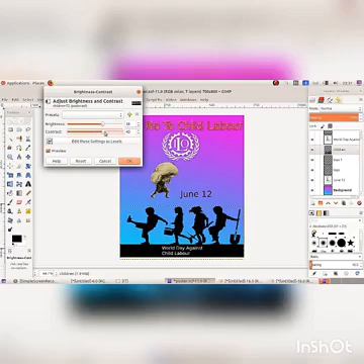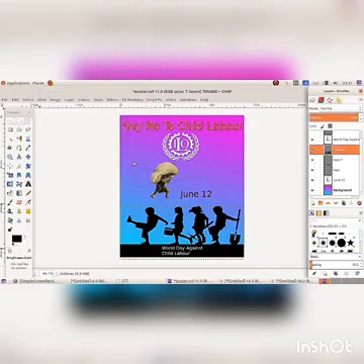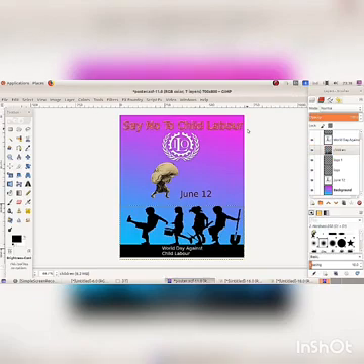Click and drag the brightness and contrast sliders. Then click on the OK button. Now we can change the brightness and contrast of the image or the layer Children.